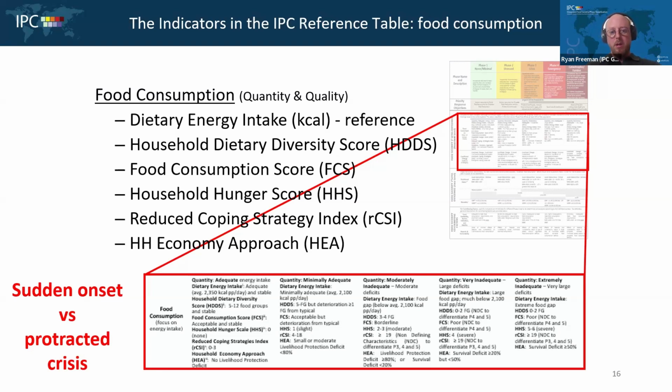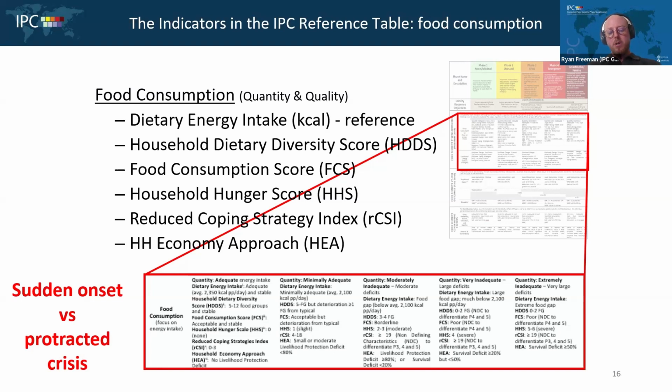Now, typically, the RCSI is more sensitive to recent shocks. If you are in a country where, let's say, your typical number of meals was 3, and over time, in a protracted crisis, that went to maybe 2.5, and now it's maybe down to 2 meals a day. Over time, the normal level of meals keeps reducing. So if you're asking a household what they have done in the past 7 days when they face this shock, they may not say, I've reduced my meal size, because it's already been reduced.